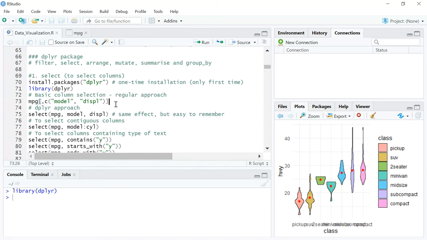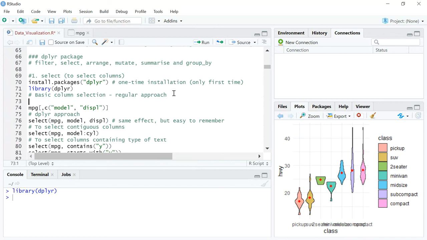So let's say we want to select certain columns. In basic R, which is if you are not using the dplyr package, you will write the name of the dataset or the data frame, right? In this case, both are the same. And then you will put in square brackets. Within the square brackets, you will put something before the comma and something after the comma, and I'll explain what that is. Anything before the comma stands for rows, and anything after the comma stands for columns. So this is what you need to remember, right?